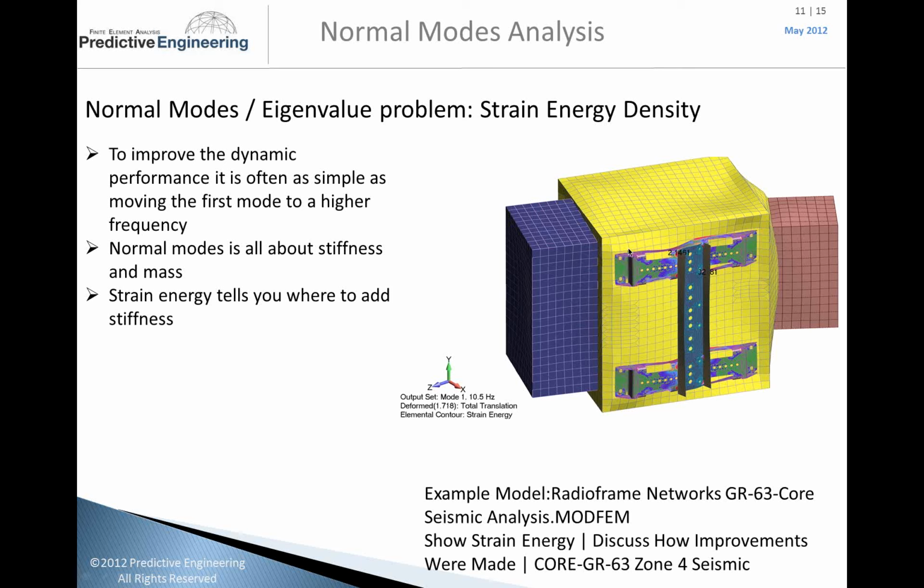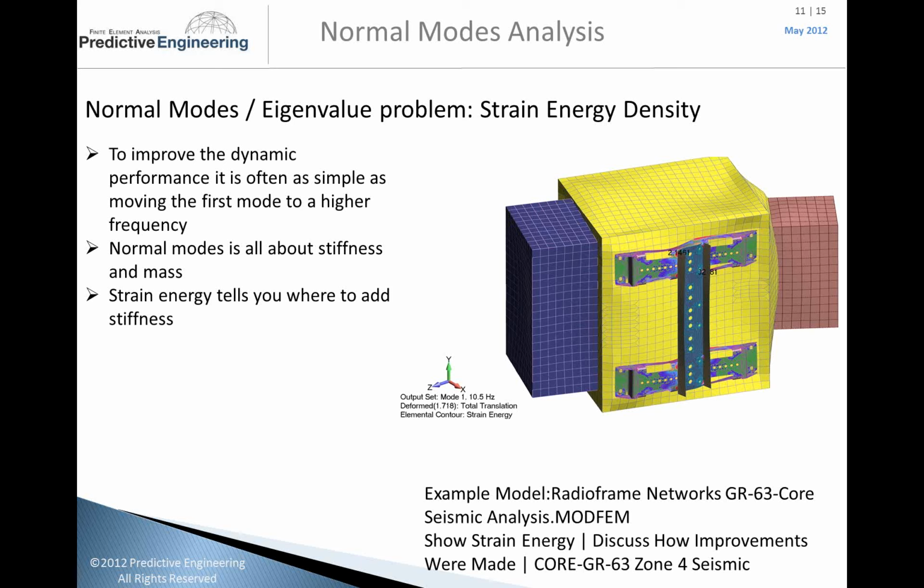On strain energy, when you run a normal modes analysis, there are no forces, so really there is no classic strain energy. But what does get kicked out is the relative displacements. And if you have relative displacements, you can get relative strain. So some parts of the structure are going to move more than other parts, and you're going to have localized movement that's greater than other places. And you can convert this into what they classify as strain energy.